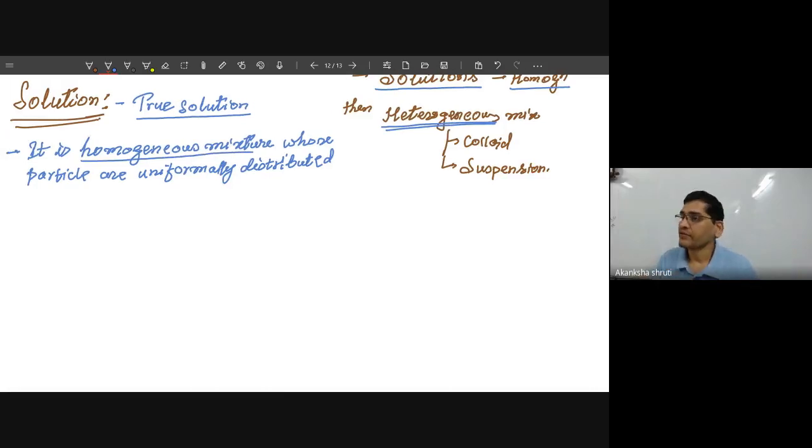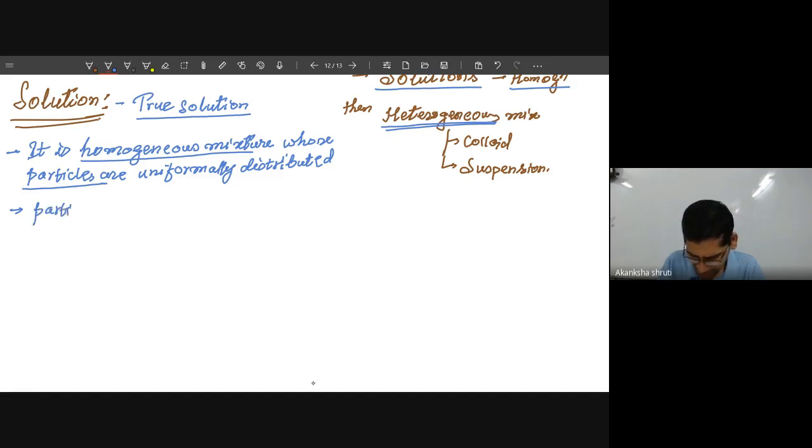Okay, so students, this is the first characteristic, that a solution is a homogeneous mixture. Now, while discussing the homogeneous and heterogeneous mixture, we have learned that particle sizes are very small for a homogeneous mixture. That's why they are not able to settle, and they are so small that they are not visible with our naked eyes. If we consider the particle size of a solution, then it is even less than 1 nanometer.